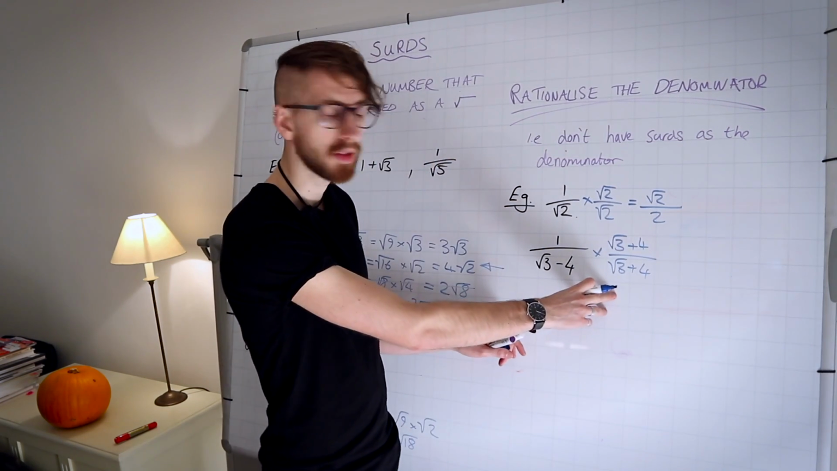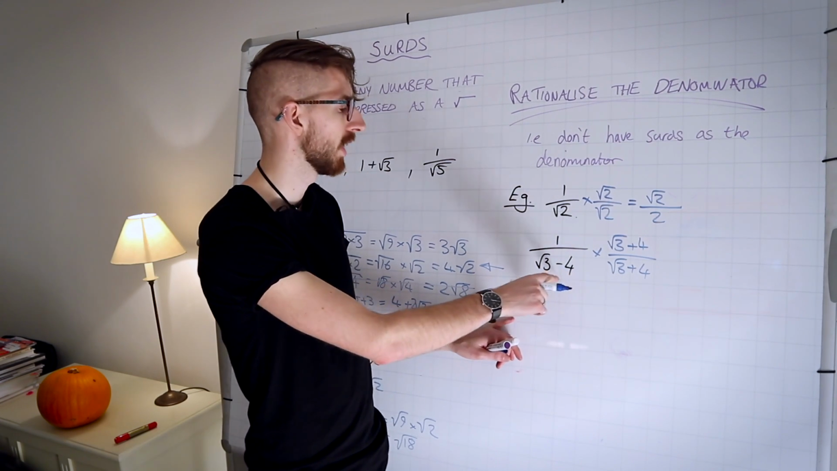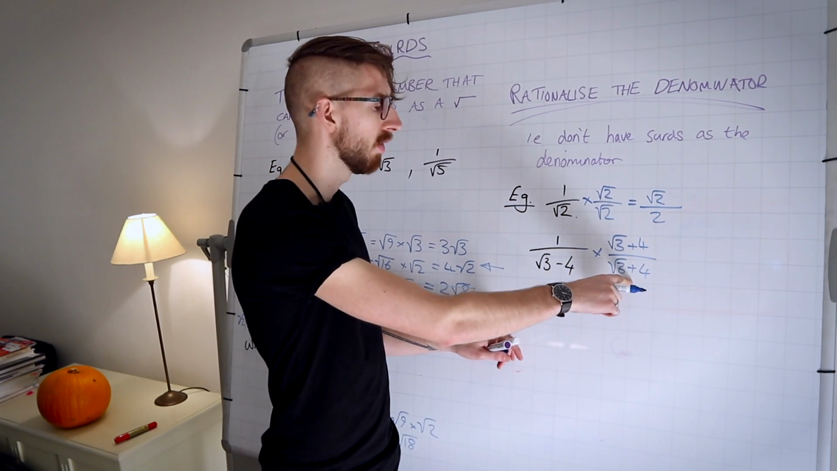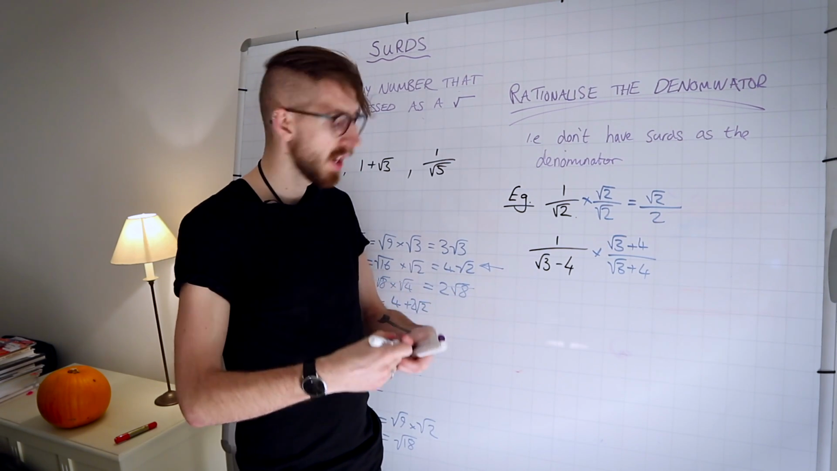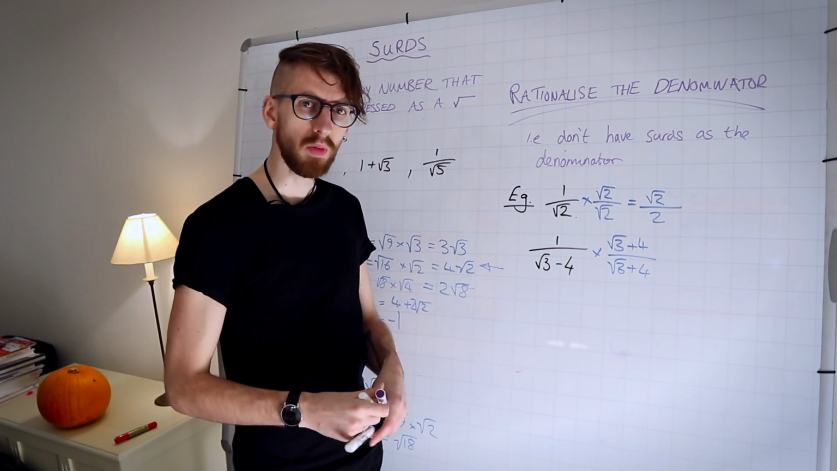So we times it by this, root 3 plus 4, instead of root 3 minus 4, over root 3 plus 4. The point of that is that you're using a really good trick here. Now right at the top,